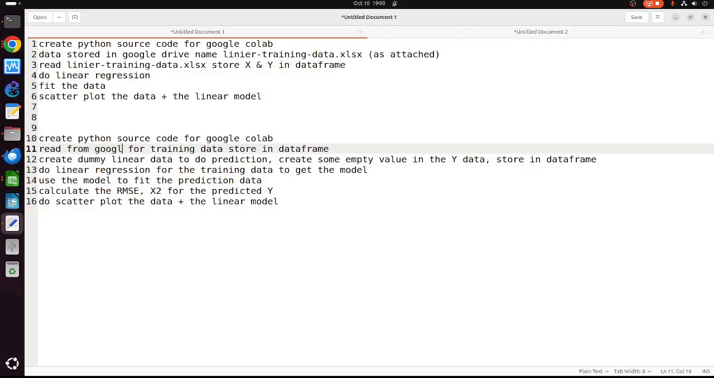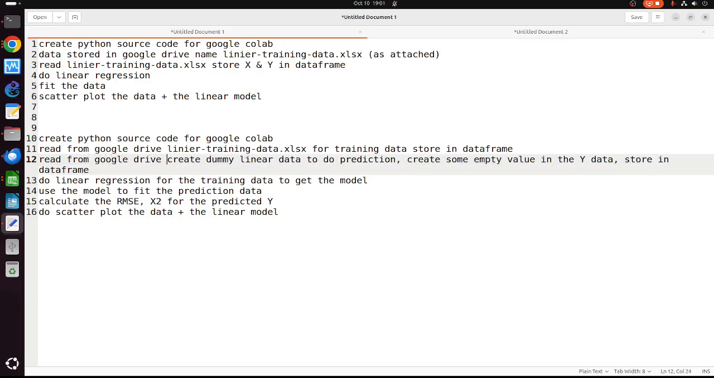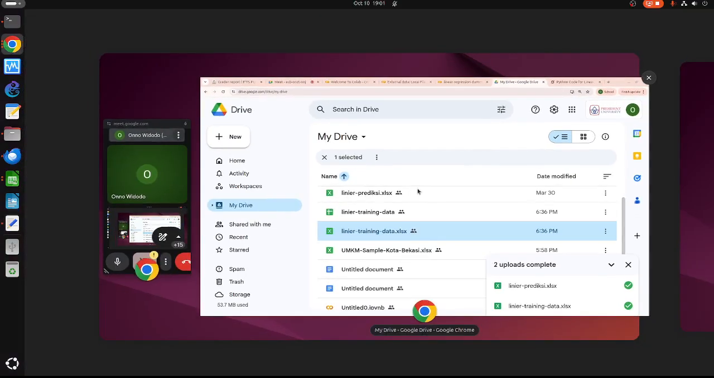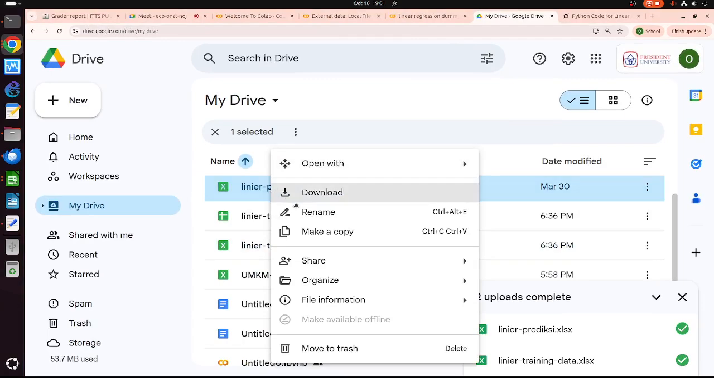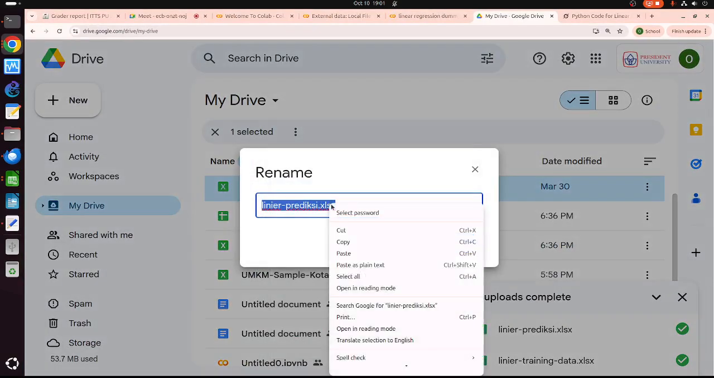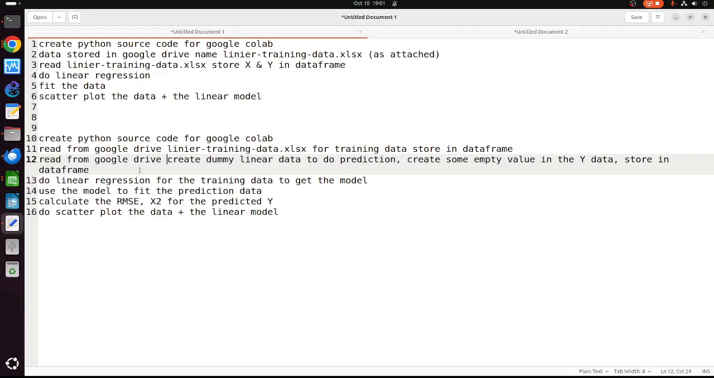from Google Drive, this one, for training data stored in data frame, and read from Google Drive this one for prediction. Okay, put it here. To do prediction,